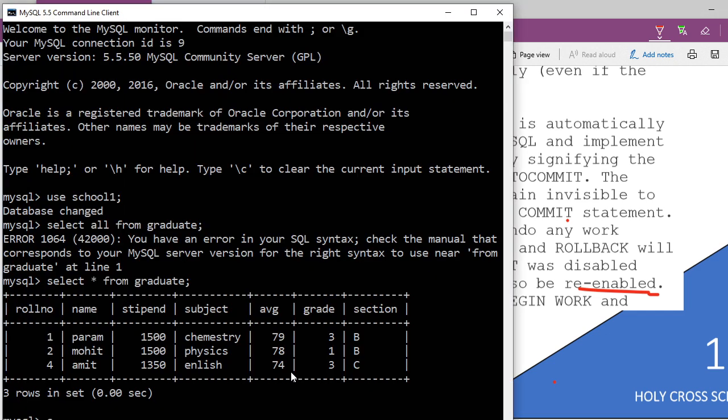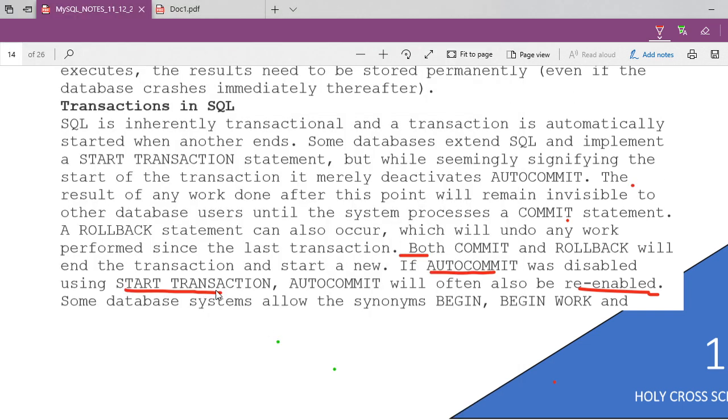I'm going to write here start. Before making this start transaction, auto commit was enabled. How are you going to know whether auto commit is disabled or enabled?